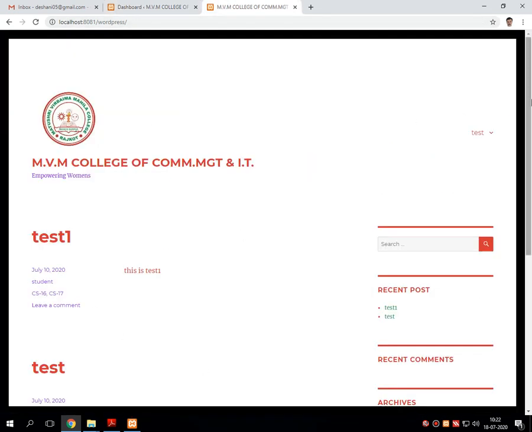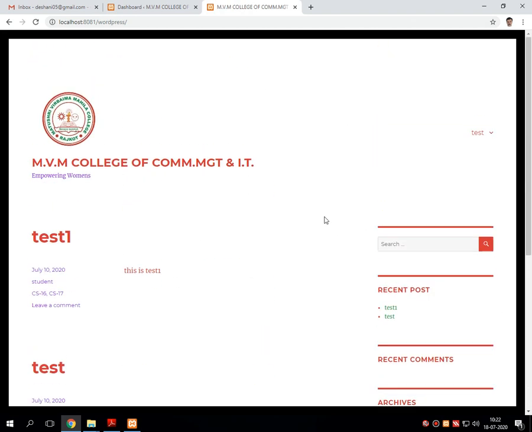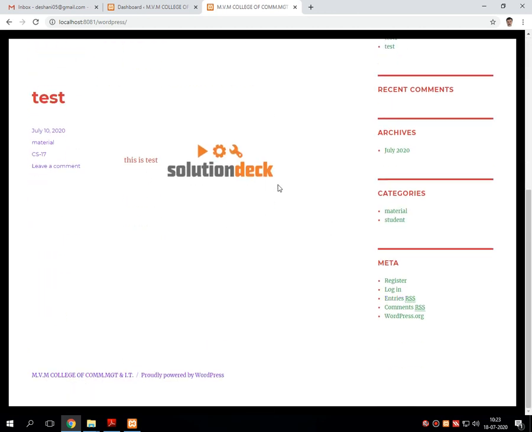This is the theme which you can see on the screen. It's a very simple theme. No high resolution graphics, no drop downs, nothing. It's very simple.